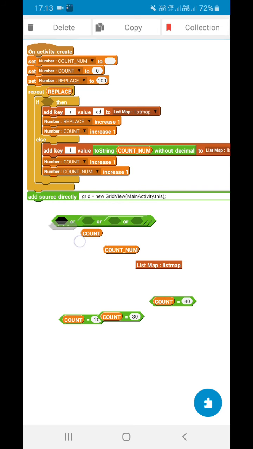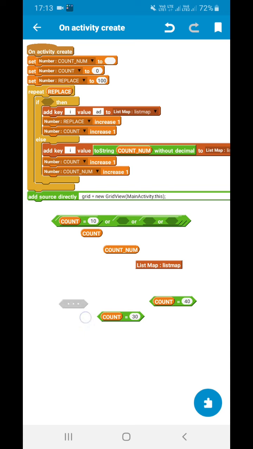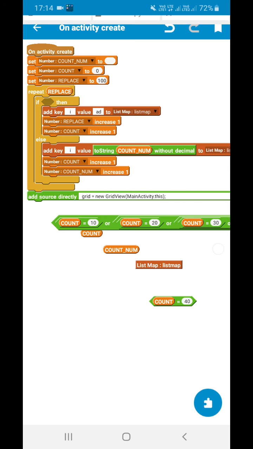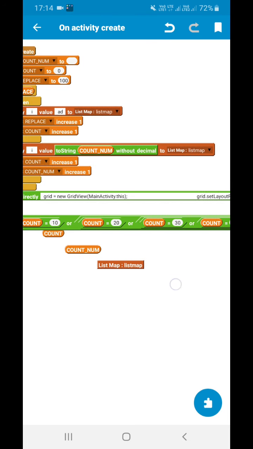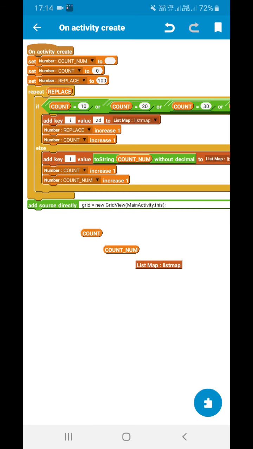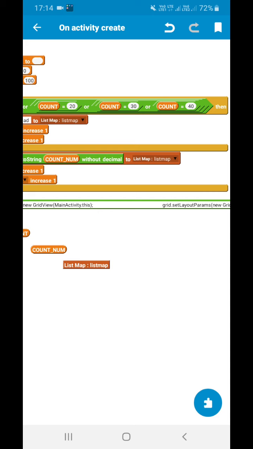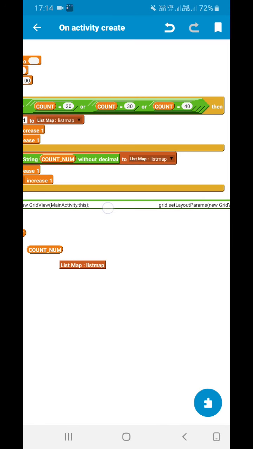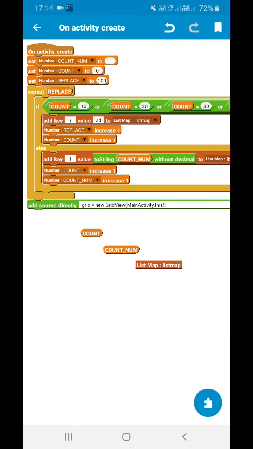Done. Then count equal to 10 here, count equal to 20 here, count equal to 30 and go serial wise, and count equal to 40 here. Then put this whole block in the if section of an if else. In this condition you can see count equal to 10, or count equal to 20, or count equal to 30, meaning counting after every 10 only till 40, not after that. We have not gone beyond, and as we have taken maximum value as 100, we have gone to 40 only. Okay, add a value in this map.